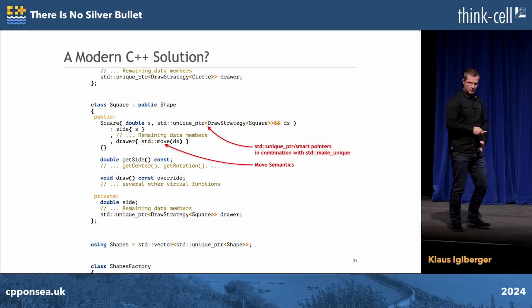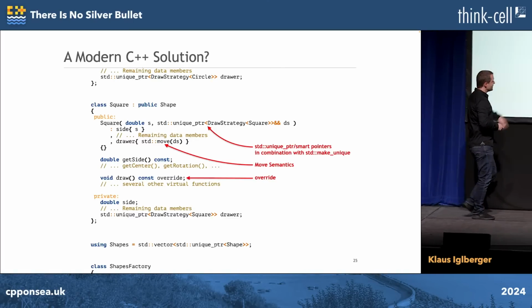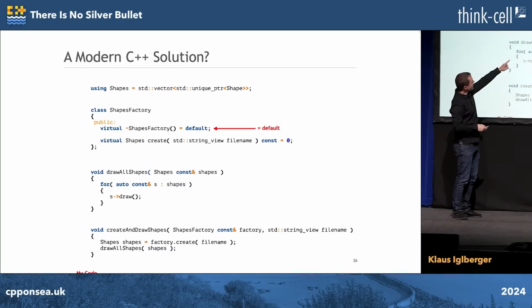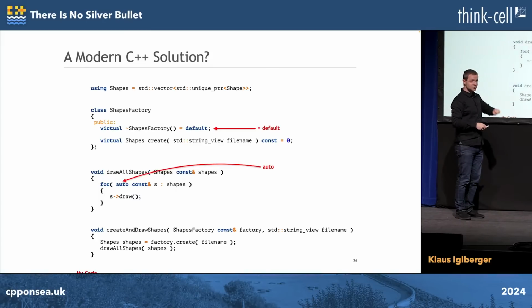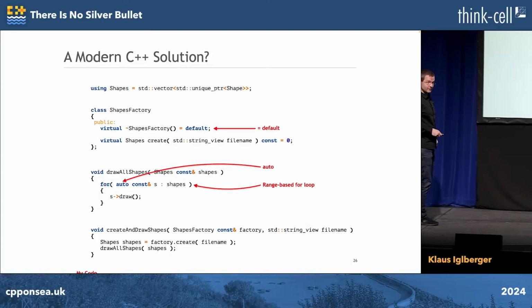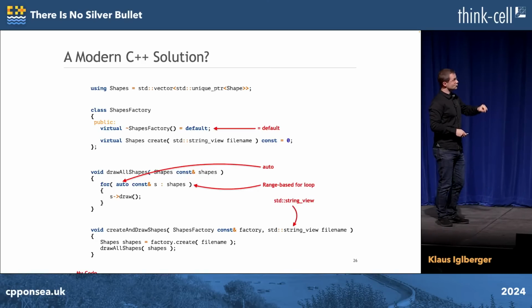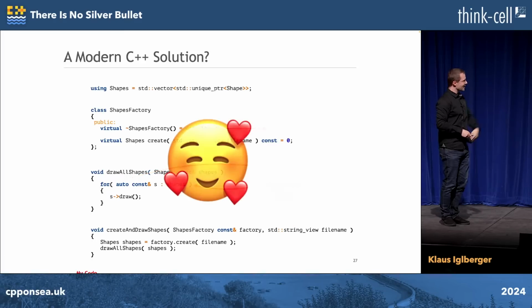A move semantics, override. Haha. Then we have, look here, an equal default. We have an auto keyword, and this in a range-based for loop. And even better, string view, C++17. Whoa, it's amazing, right? A modern C++